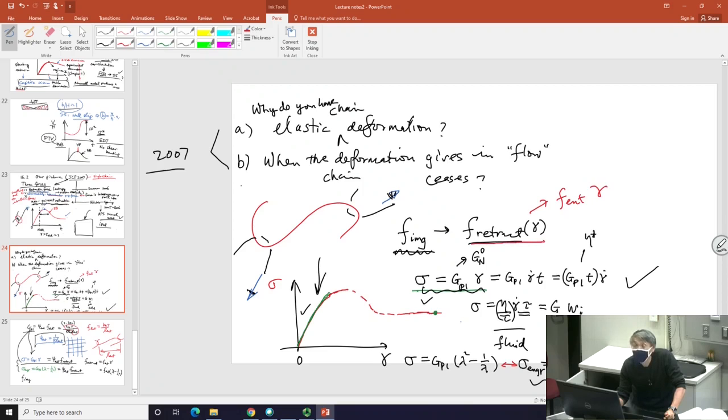This chain retraction force simply grows with strain in the affine limit, right? So if my strain is monotonically increasing, my molecules are also monotonically being sheared. This is a linear function of gamma, so it will grow linearly, but it cannot grow forever